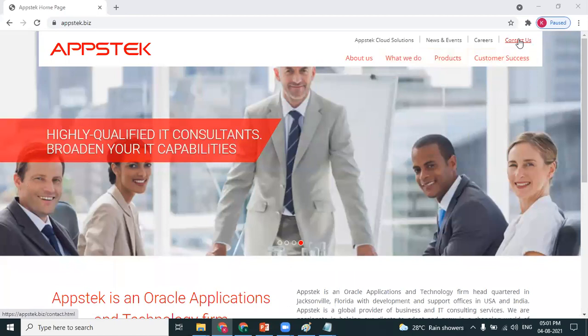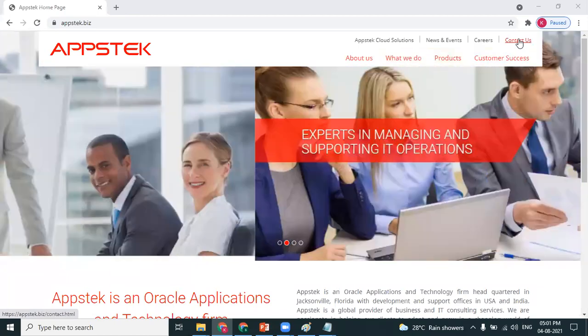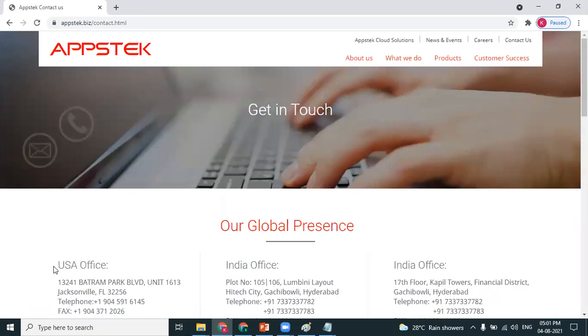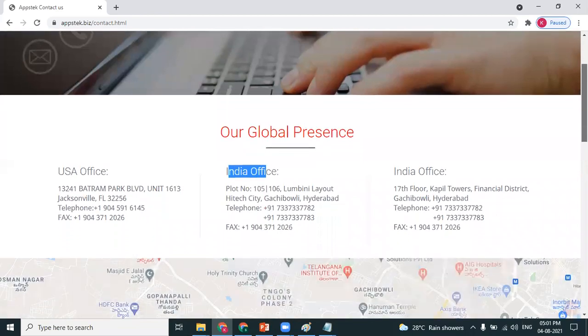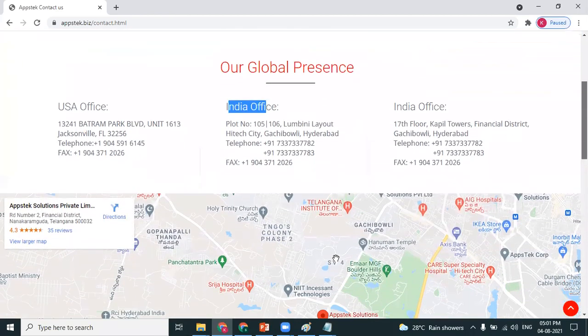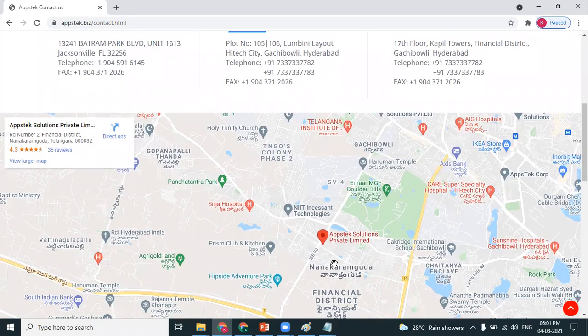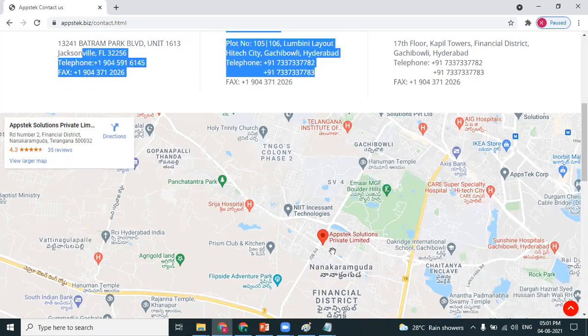Please look at the contact us page. Generally in the contact us page, you find the address location of the organization, isn't it? As expected, you can see the US address, India address, and different addresses here. Scroll down. The client wants a Google map here in the contact us page. So the client wants address locations as well as a Google map so that the visitor can look at the Google map and have an idea and use it easily.